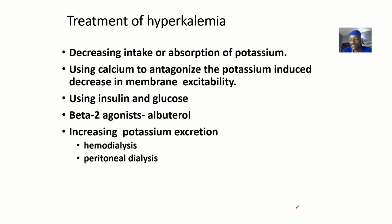So the treatment is basically aiming at what? Reducing potassium levels in the body, all right? So the first thing, if you are taking too much potassium in your diet, then you should decrease the intake. When you decrease the intake, it will definitely decrease absorption. Then you can also use calcium to antagonize